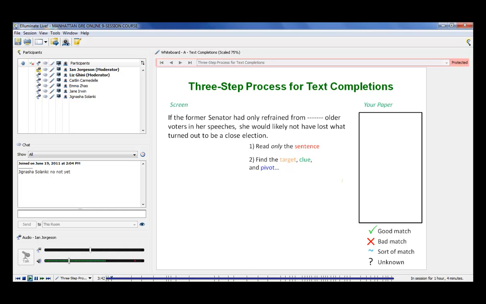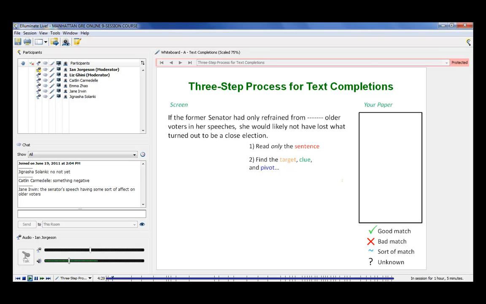So let's start with the target here. What do you guys think this blank is referring to? What do you guys think the blank is talking about? Okay, something negative, I'd agree with that. But I guess what I'm thinking here is more think about the target as being what the blank itself describes. So I totally agree with you guys that the word in the blank is going to end up being negative. But let's,